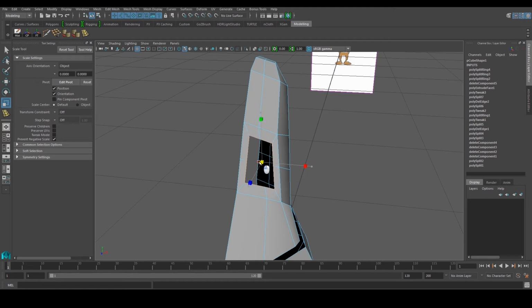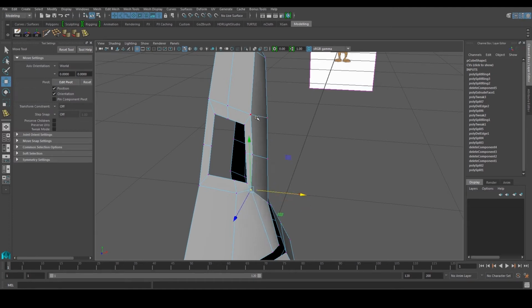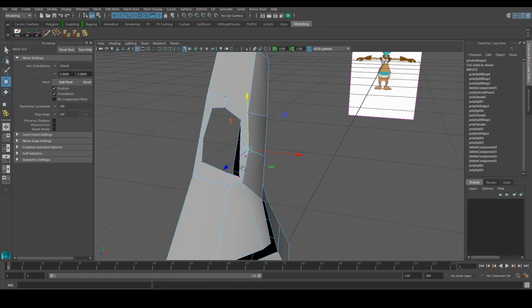So I'll scale this a bit smaller. Again, you see over here it's too square. When you're doing organic modeling, you want to make sure that you have curves, because it's like a human being or a biped character. It's alive. It doesn't really have squarish areas, right? Very little squarish areas. So we need to massage this just a bit more to make sure that it looks like an organic character. Don't spend too much time on this. Just go around and make it look more like a circular, oval shape.